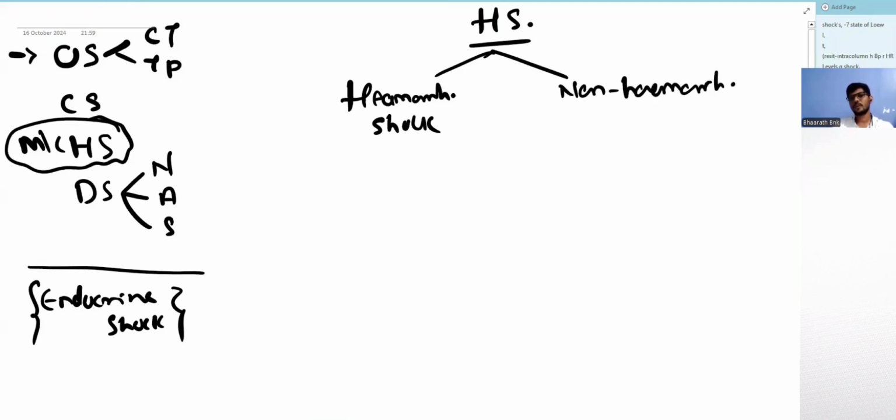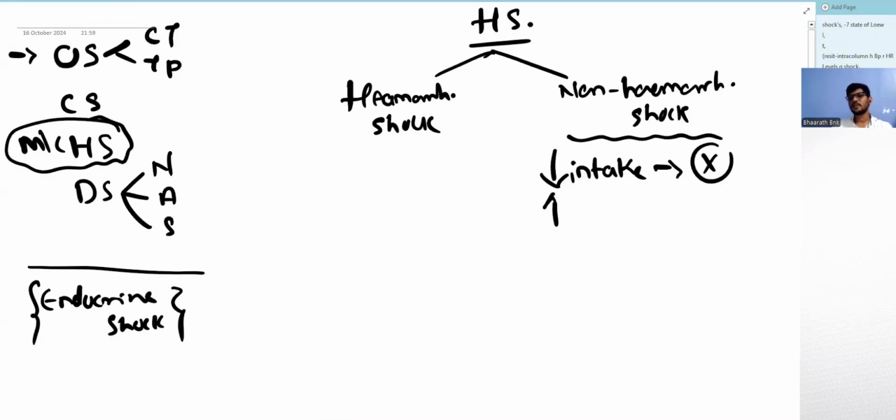So if it is non-hemorrhagic shock, meaning the volume is lost, the water is lost. Either it is because there is reduced intake, right? If the patient has any tumors of the stomach or in the esophagus where the patient is not able to take adequate water, reduced intake of water can cause it. Or there is increased loss of water. The patient has incapacitating vomiting, or is suffering from severe diarrhea, so there is loss of water. Or there is sequestration of the fluid.